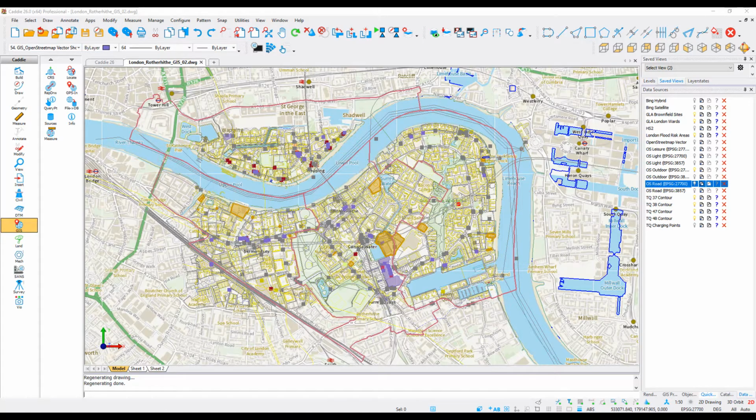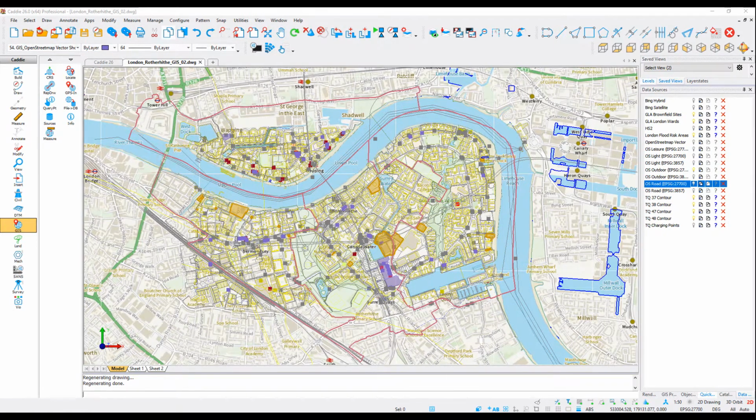Caddie GIS, the Geographic Information System available as an integrated application for Caddie Professional. For the first time, Caddie GIS provides the ability to combine comprehensive GIS data within your normal Caddie drawings. With Caddie GIS, you can tap in to the massive amount of information available through any internet connection, with data-rich